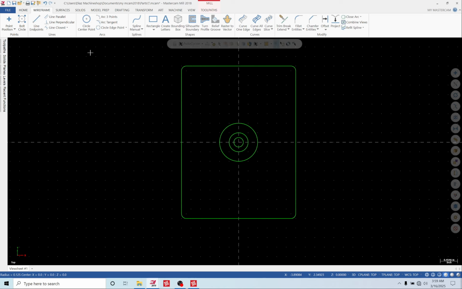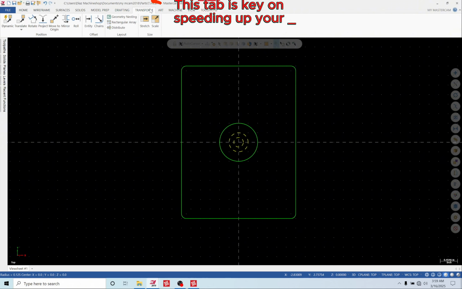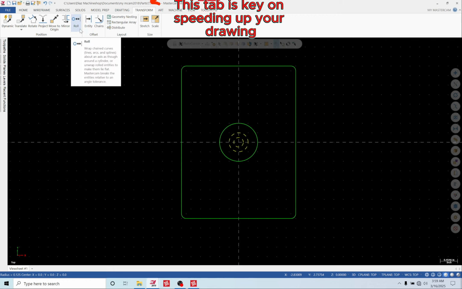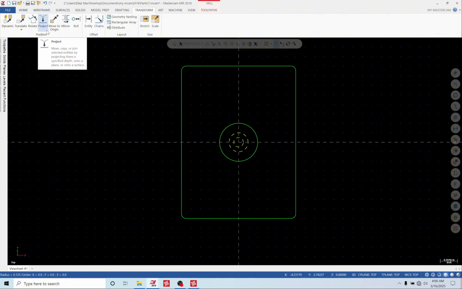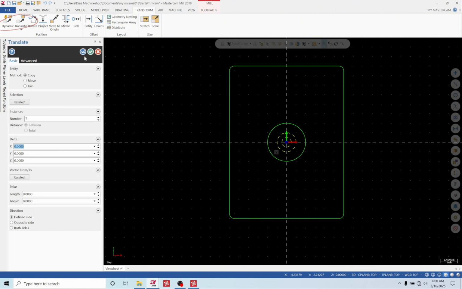Once I'm done, we're gonna exit that, and now we're just gonna move these two to every corner, and I'm gonna show you how to use the transform tab. This tab you have to use when manipulating any geometry and figure. There's a lot you can do, from mirroring to rotating, scaling. So for now we're just gonna use the translate option,